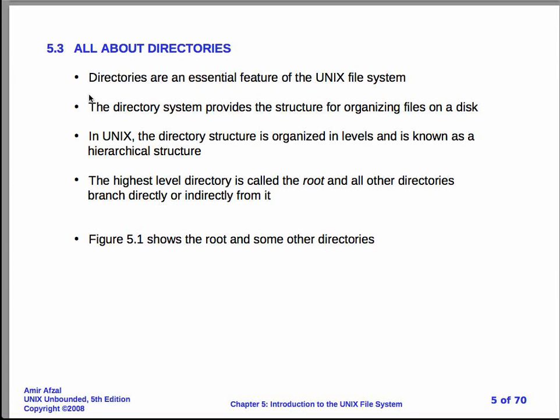So directories are an essential feature of the Unix file system. Anywhere you go, if you use a Unix system or Mac OS X or a BSD system, Linux, even Windows, you have directories. The directory system provides the structure for organizing files on a disk. People have looked for all kinds of good ways of organizing data. This is, so far, very much the only one that everyone has agreed on to give you a nice